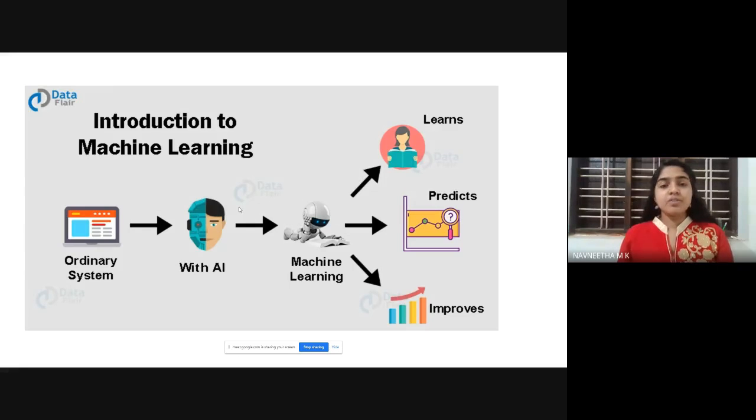We notice that our systems are able to solve complex mathematical problems also. How is it possible? Through machine learning, we train our system to apply complex mathematical solutions. That is called machine learning. Through this learning, our machine has gotten an ability to solve these problems. I hope that this definition is clear for you.